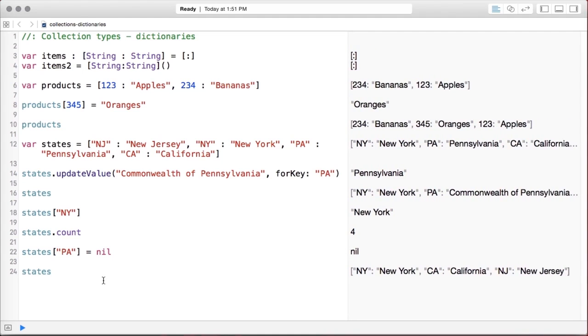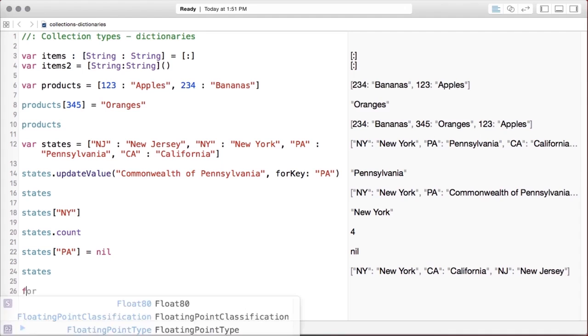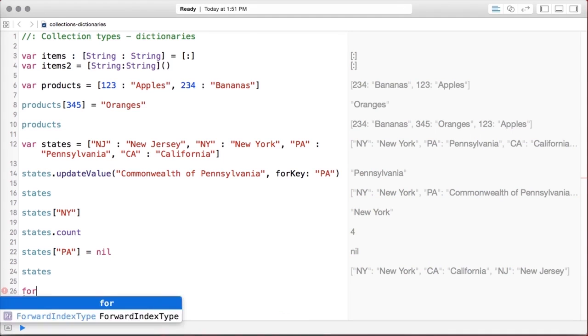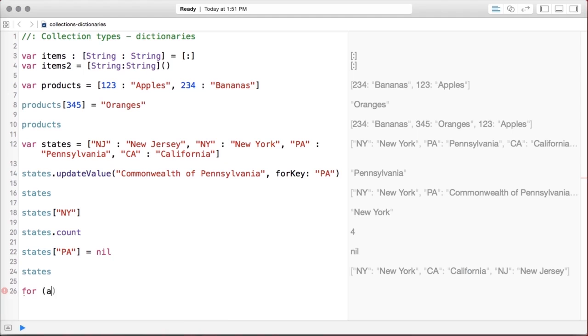Now, one other thing I want to show you, and this will finish up with states, is, and I know we didn't get into for loops, but one thing we can do here is iterate through a dictionary like we can iterate through an array using a for loop. So if I say for, and then I make a tuple, and I'm just going to say this is abbreviation and state, and I say in states,